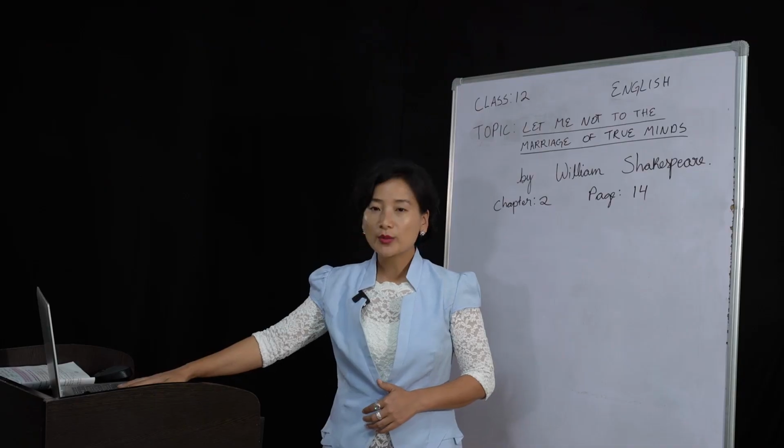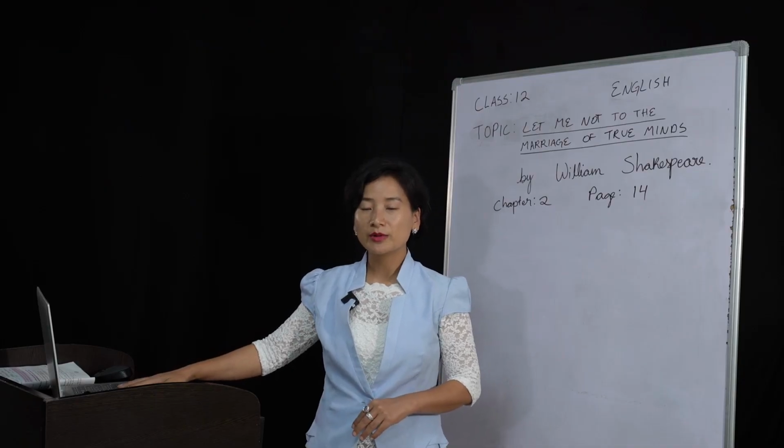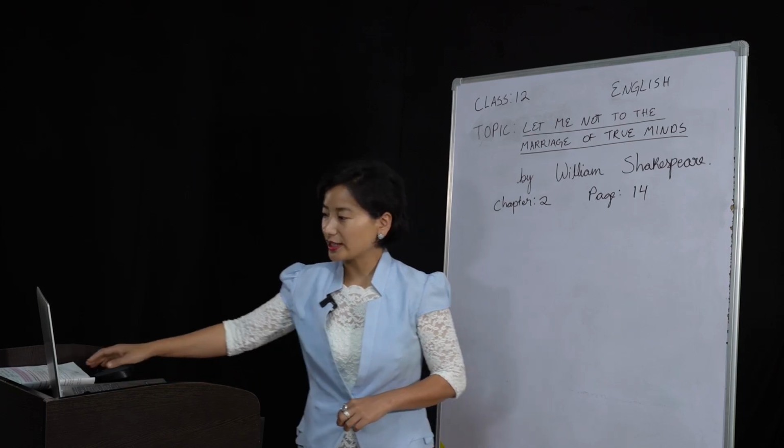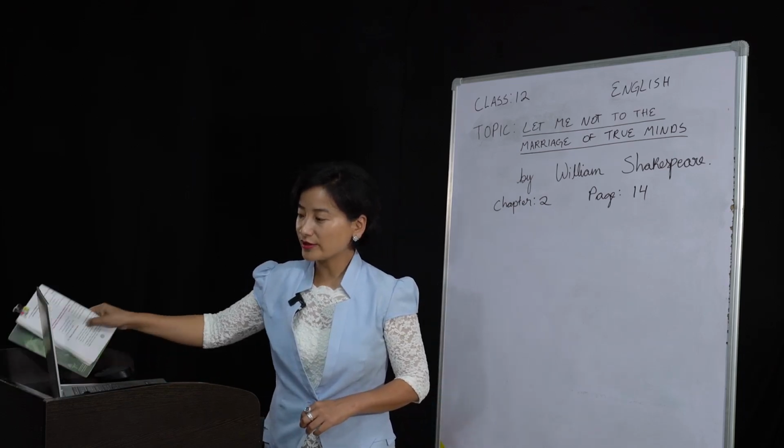So in other words, the poet is trying to say that do not let me love, or do not let me fall in love at all, for that matter, if not for true love. So that is the significance of our title here. Now we are going to discuss this poem stanza-wise, from the first stanza in detail. So you may look at your first stanza.